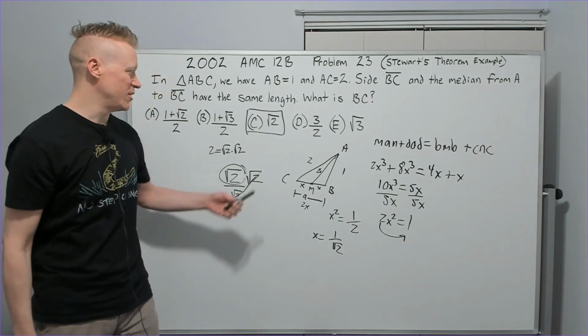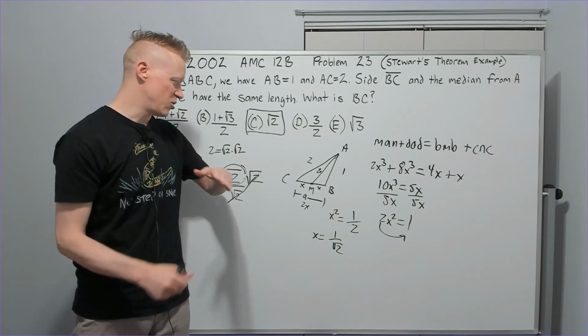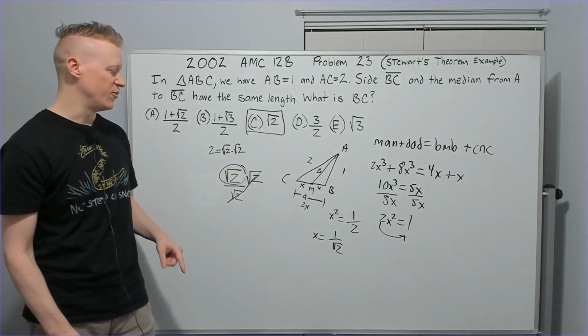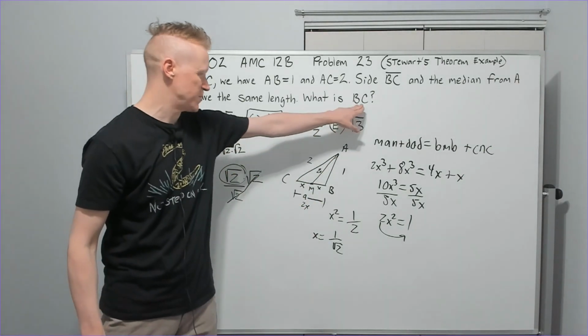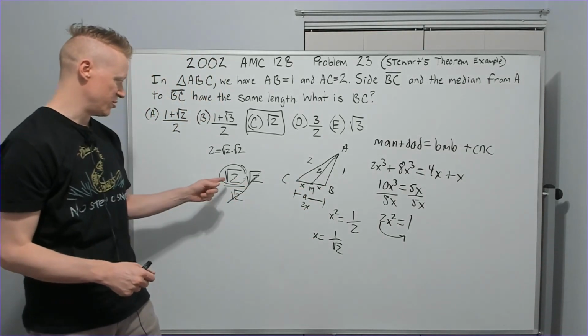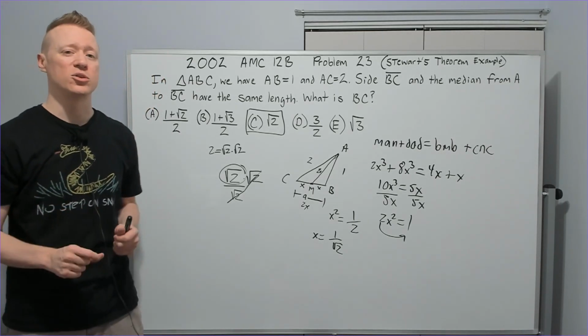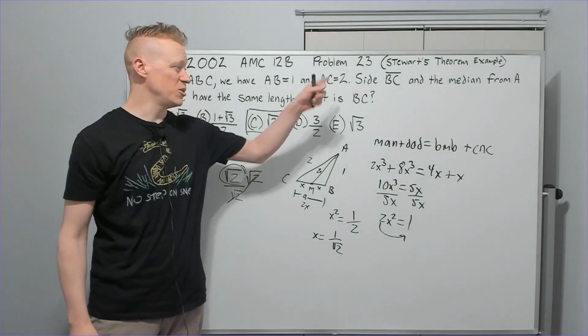There is an example of how if you recognize the potential application of Stewart's theorem, you can quickly calculate what you're looking for. Again, why is it 2x and not just x? Because BC is this whole side, and we only had x. 2 over root 2 is root 2. Answer choice C. I hope this helps you guys gain one more tool in your tool belt, Stewart's theorem,